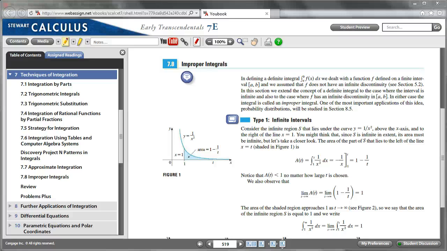The final section of Chapter 7 is 7.8, Improper Integrals. This is an important section both in theory and also in terms of problem solving. So important that I've been taking bits and pieces of this section and introducing them all the way from day one, as a matter of fact, or beyond, because I've been writing improper integral problems in Calculus 1 as well,